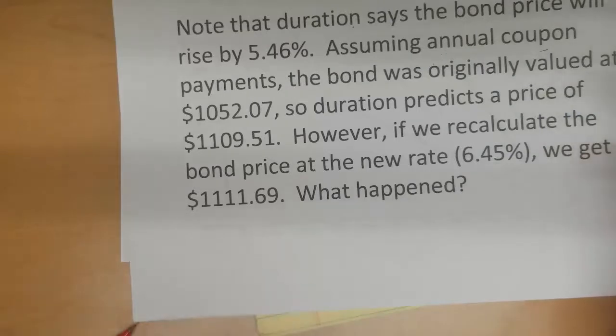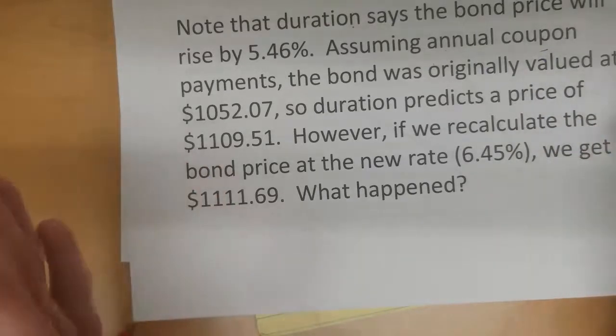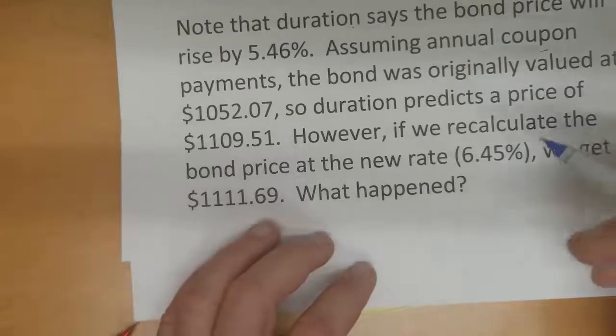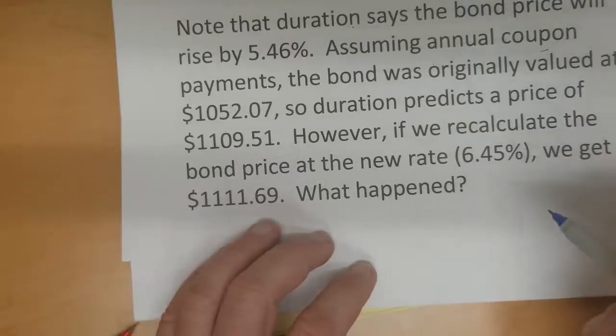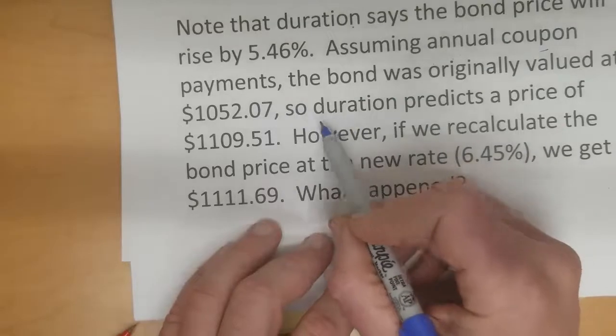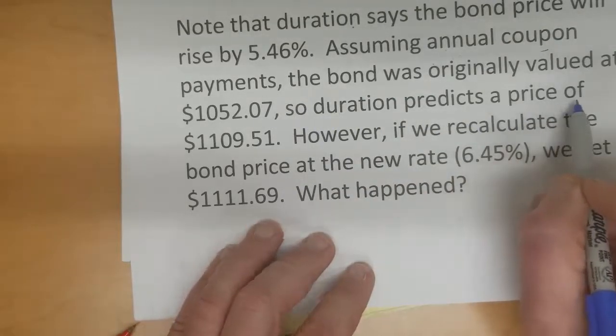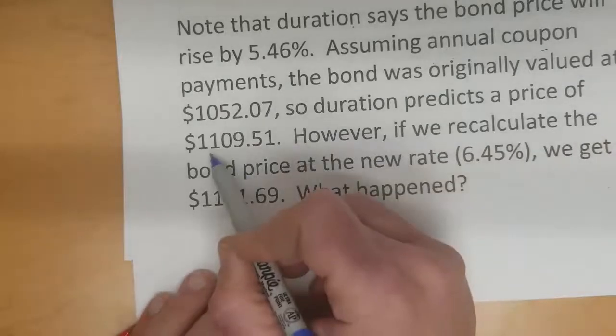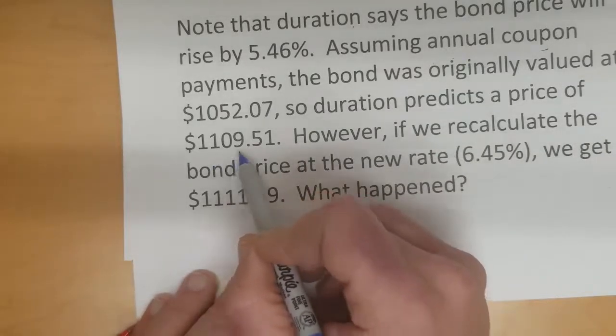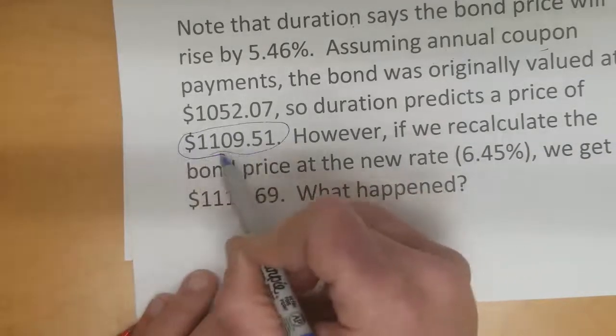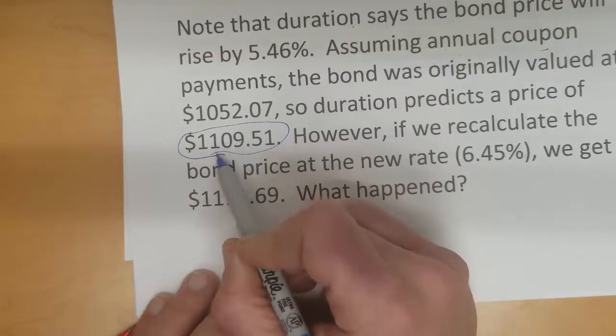Remember that we had Macaulay duration, which gives us years. Modified duration gives us the volatility or the expected change in percent terms. And so duration predicts the price to increase due to that 0.80 drop in interest rate to